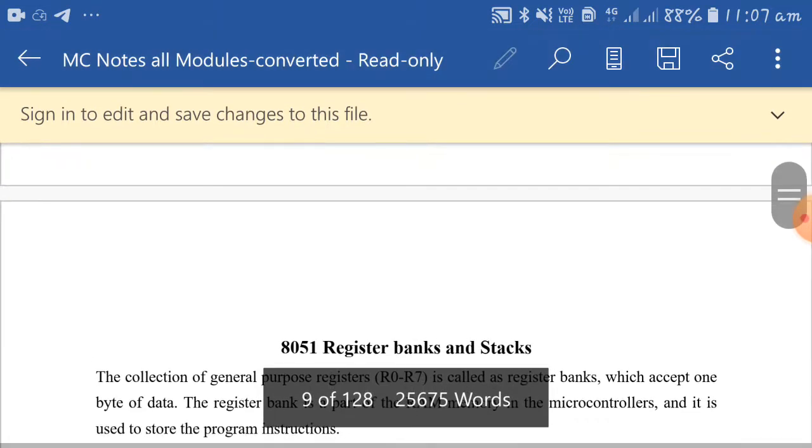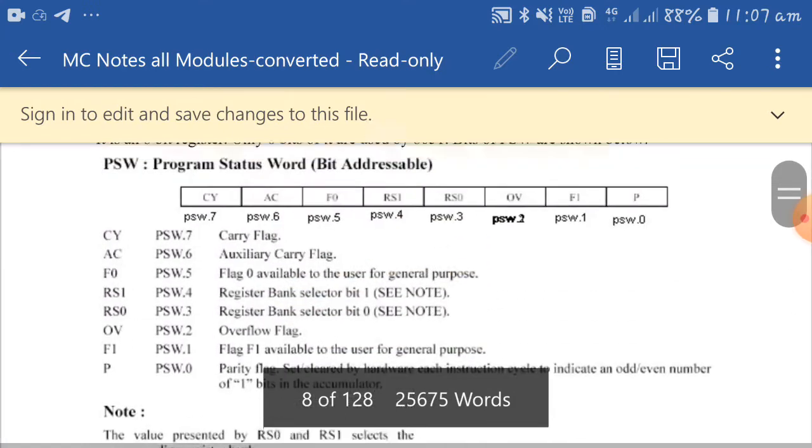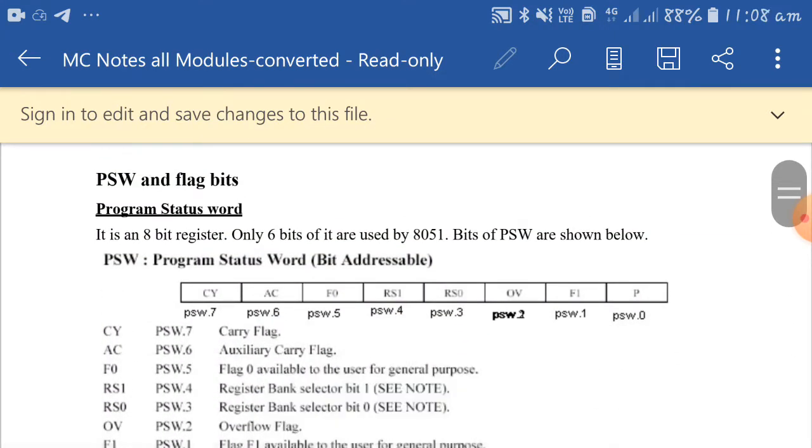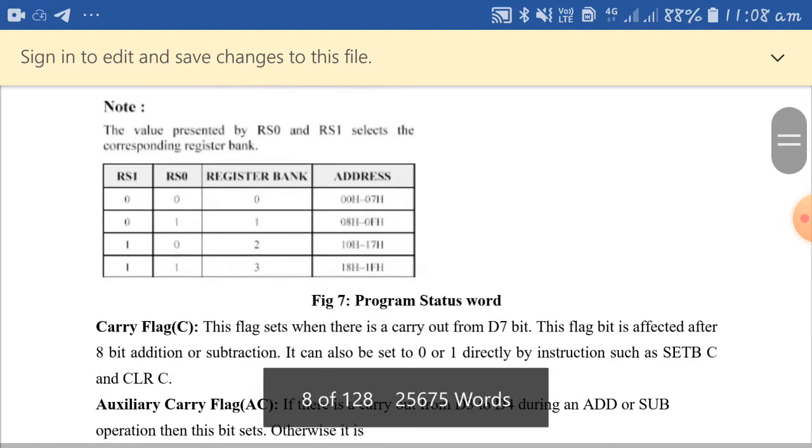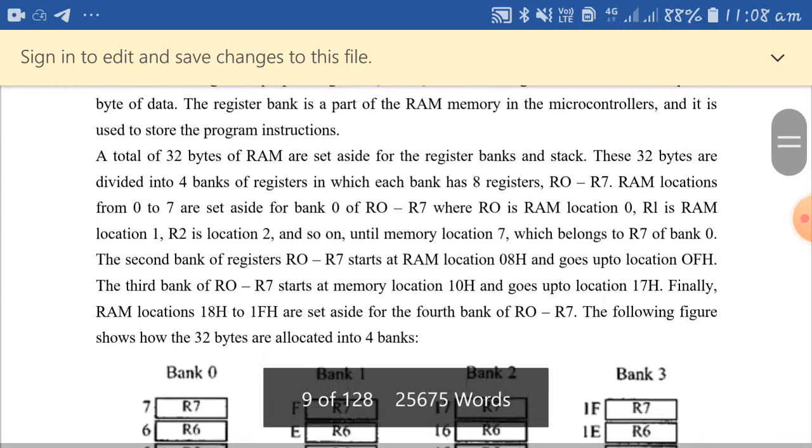If you explain this much you will get 10 marks, and here you have to concentrate mainly that your bit structure of PSW is correct. If you make any mistakes while drawing the bit structure, you will lose all the marks, so please concentrate on this concept. Next we will go to